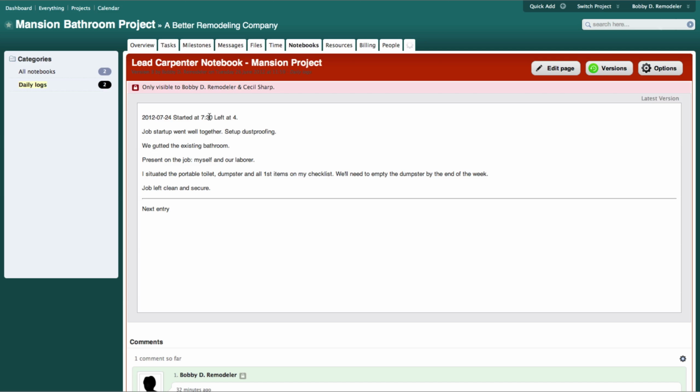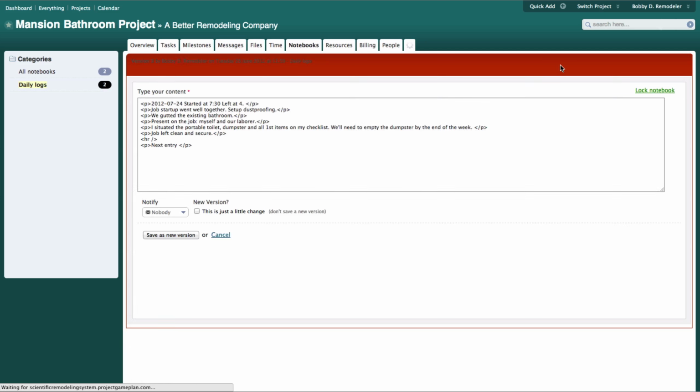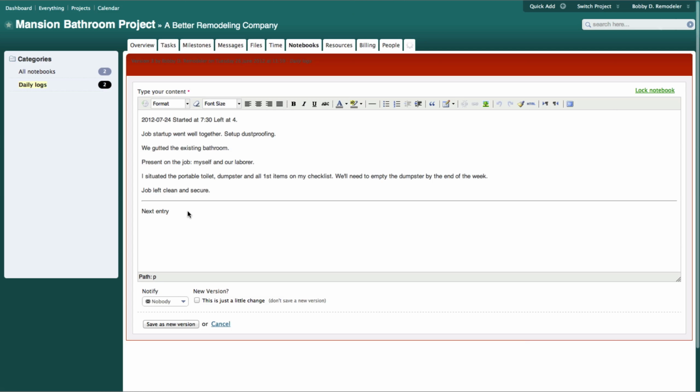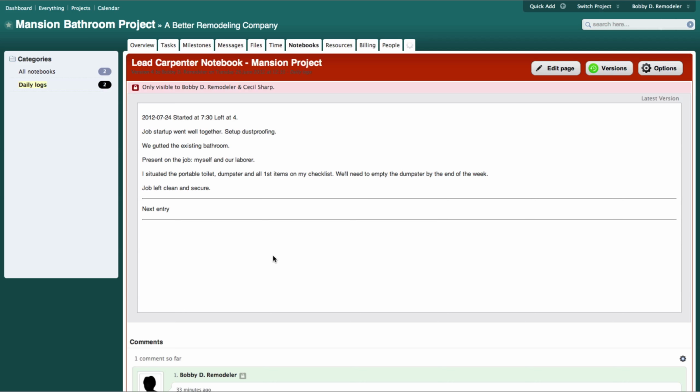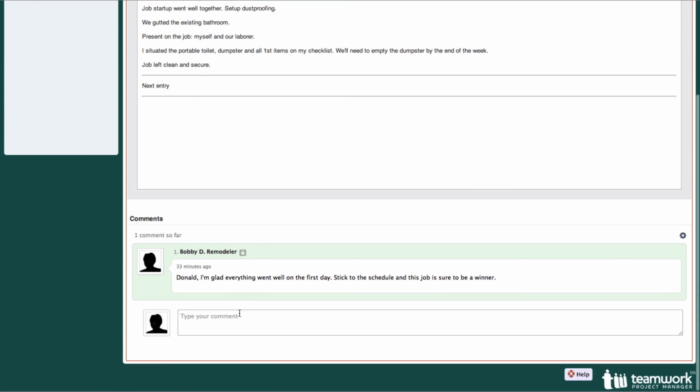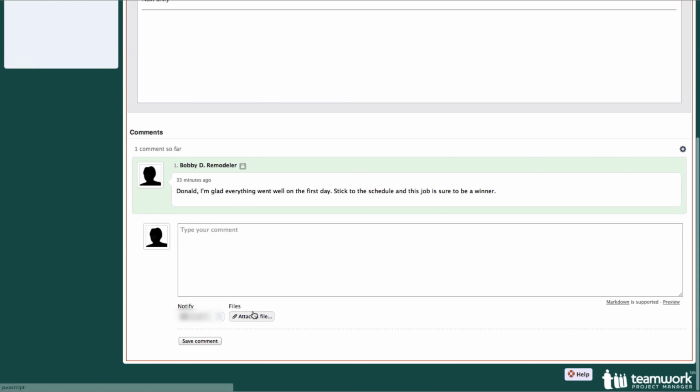So in here he'd put an entry, and if we go to edit, he would put an entry and then he might put a line in here for the next entry and put a date stamp as he did up here, and so forth. Anybody can comment on these, and they can also write in the journal, but in this case they would just comment on it. Save that new entry, and you can see anybody can comment here,